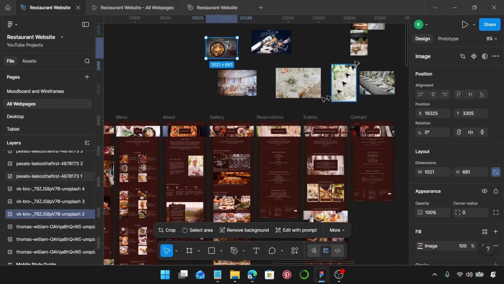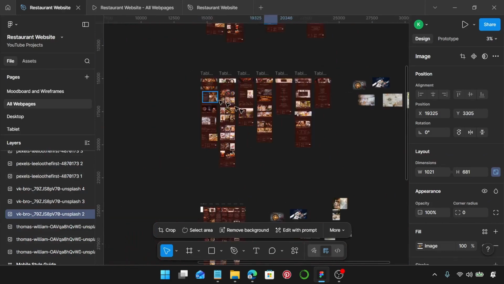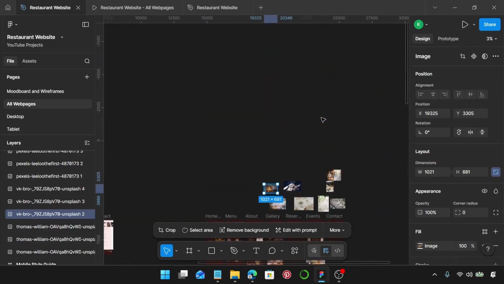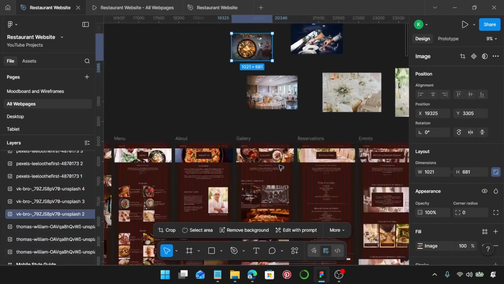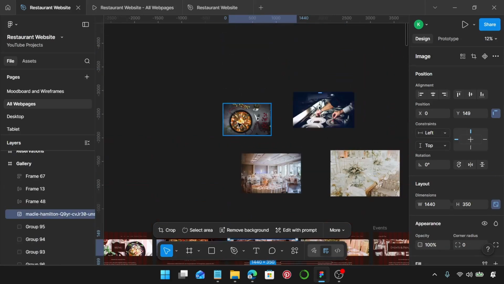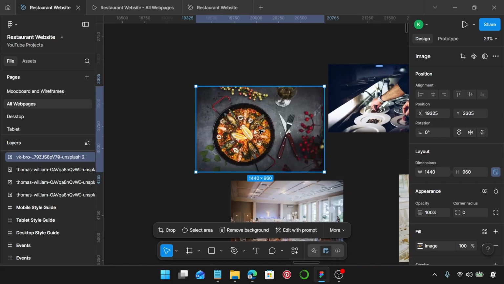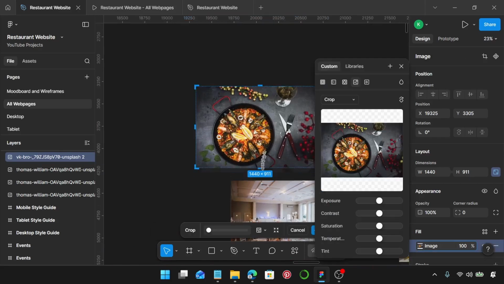I just brought in all the images I'm going to use. I also created copies because I'm going to change this for tablets and then for the mobile layout. We're going to swap this one. The width is going to be 1440, height is going to be 350. That's what we're going to do. So width is 1440, and I'm going to modify the height so that it's 350,